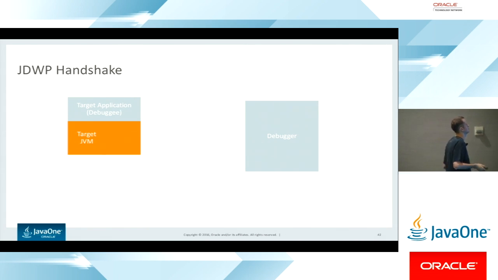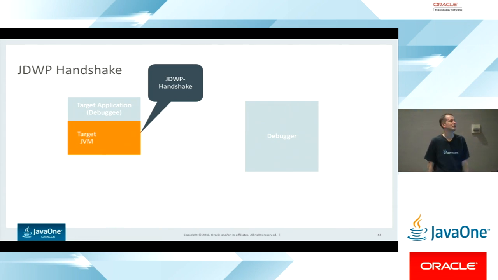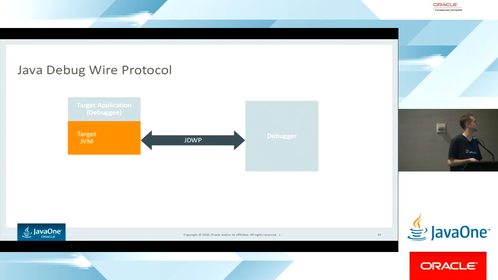So it's a really simple protocol. It starts off with a handshake, and the handshake literally is just these 14 bytes in ASCII. The debugger comes out and says, hey, JDWP handshake. And probably not too surprising, the debuggee JVM responds with the exact same 14 bytes of ASCII text. Once you have this, you've more or less established a session. So now you have this asynchronous, virtual connection between these two entities, and they can send commands and replies